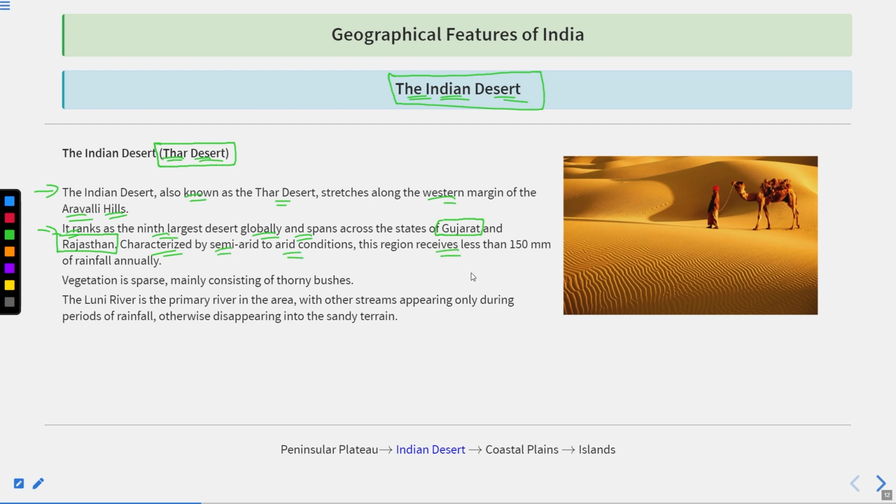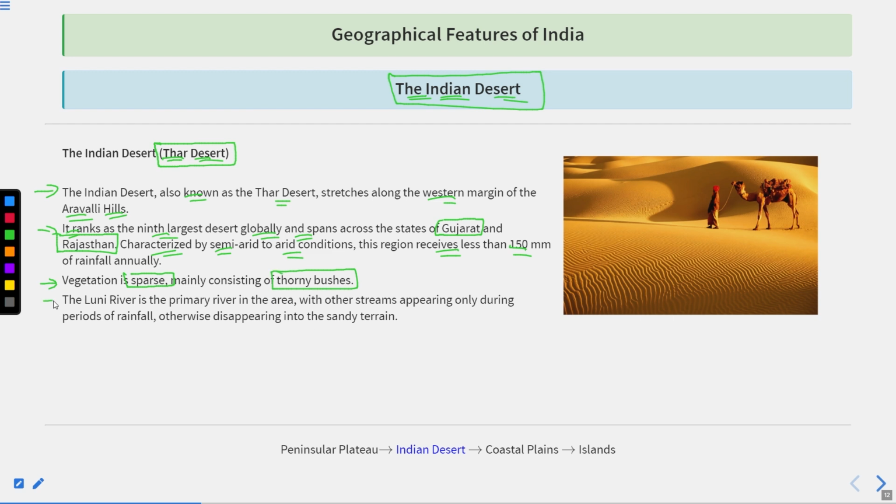Okay, basically it ranks as the 9th largest desert globally and spans across the states of Gujarat and Rajasthan. This is characterized by semi-arid to arid conditions. This region generally receives less than 150 mm of rainfall annually. Okay. If we talk about the vegetation, then the vegetation is not dense but sparse,